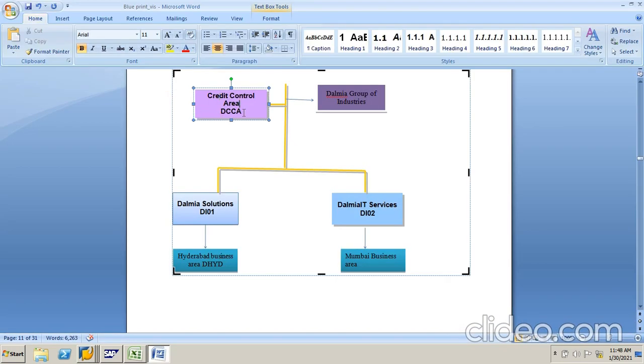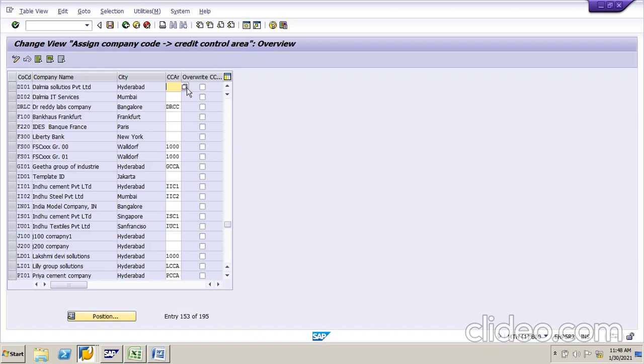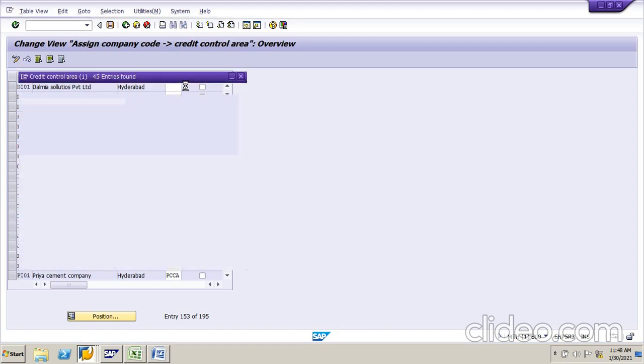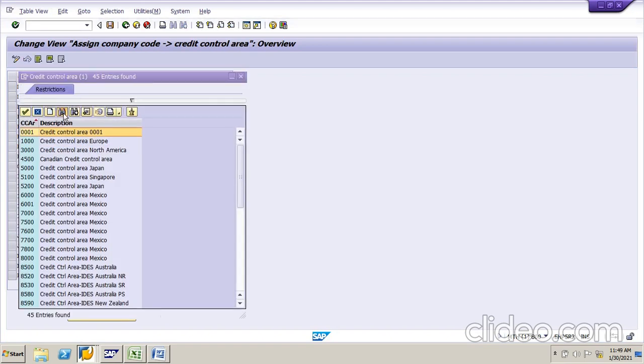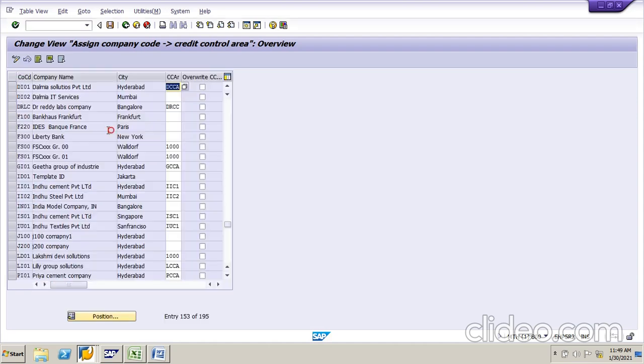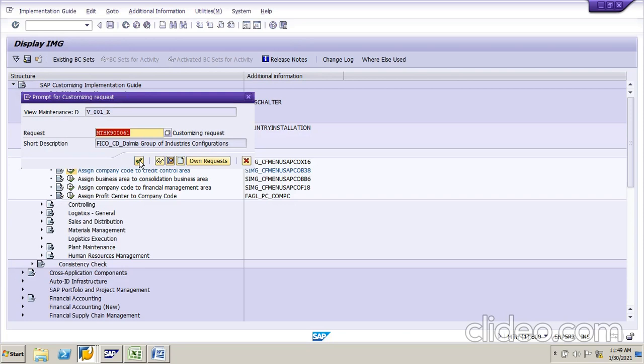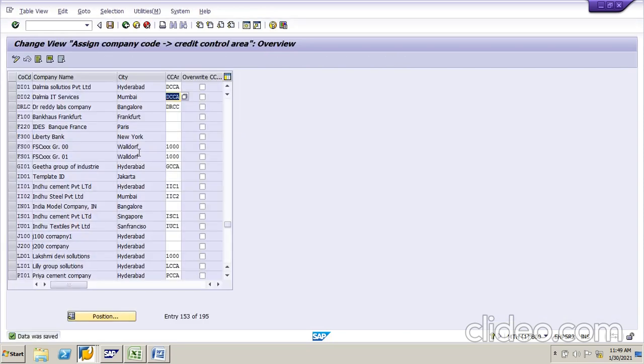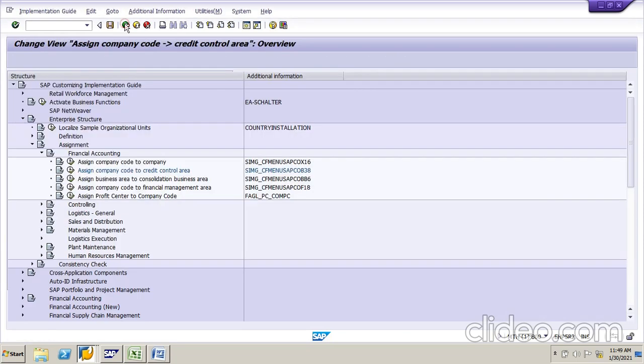Here we have given DCCCA. If you want to check, click this search button. Just type the DAL, starting 4 letters. Dalmia Group Credit Control Area. Just double click. Same for the second company also. We have to give the same. Save. Save. Come back.